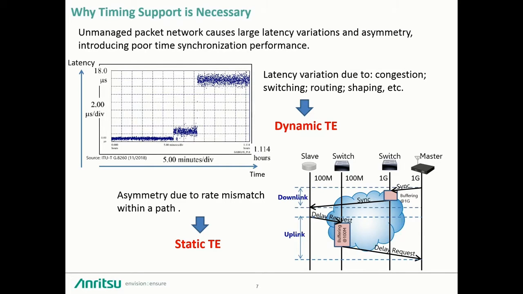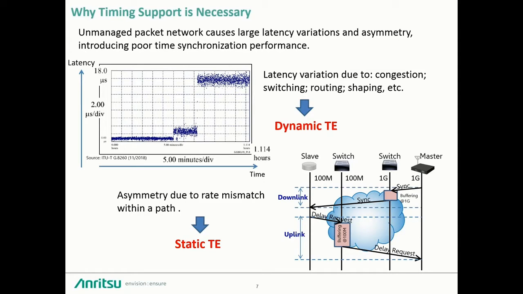Here's the example of what that looks like. Dynamic timing error is on top, and again, I mentioned this one you have very little control over. This has to do with congestion and latency. This is how you're shaping your traffic. And you'll see over time, as you're performing the measurement here, how it shoots up in microseconds in latency. You see 2 microseconds per division, up to 18 microseconds of latency that's adding